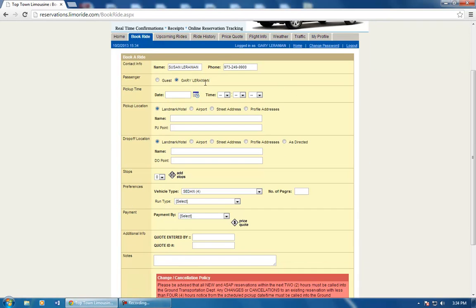And if I was the traveler, I could just simply keep my name here. If you are a reservation delegate and you have several profile passengers under your account, you would have a drop-down list here, and you could choose from a various amount of them. Since at the moment I'm the only traveler on my account, my name is going to be the default name populated. Simply just choose your date, the time of your pickup,